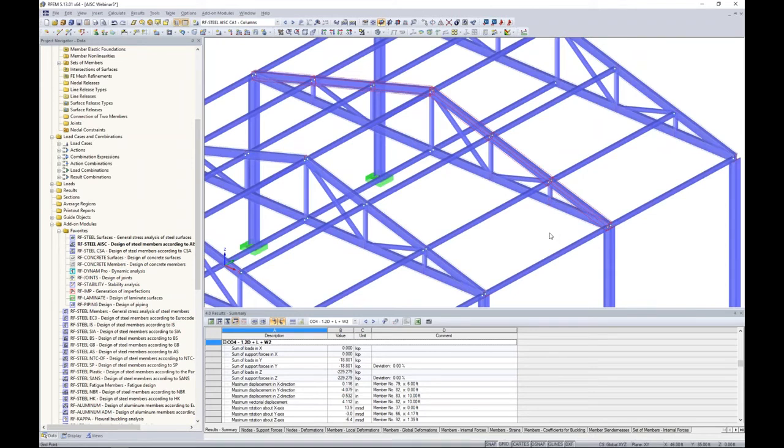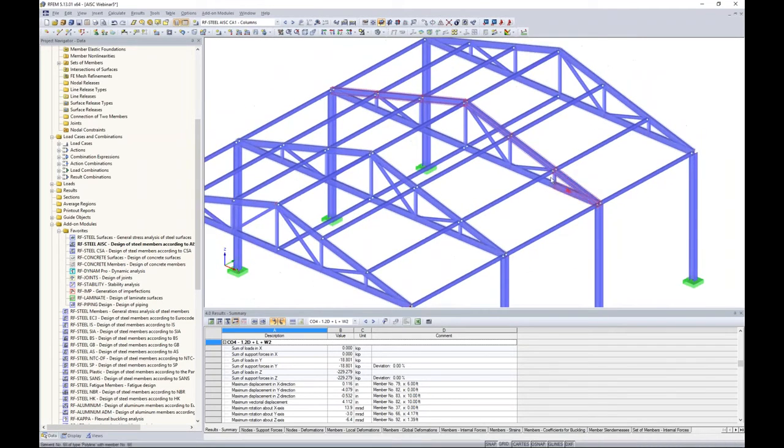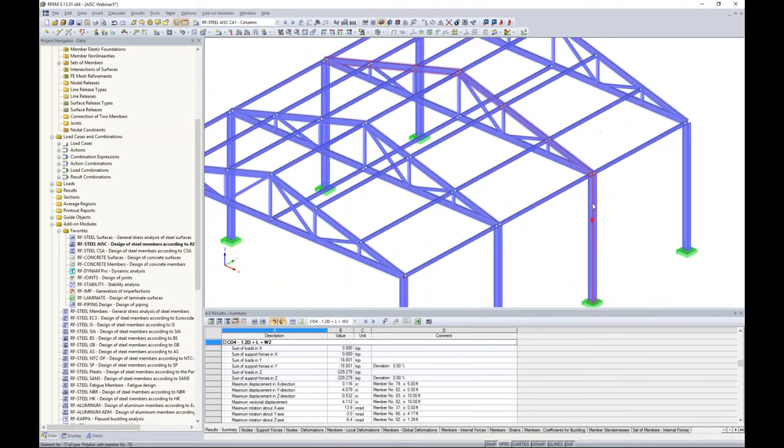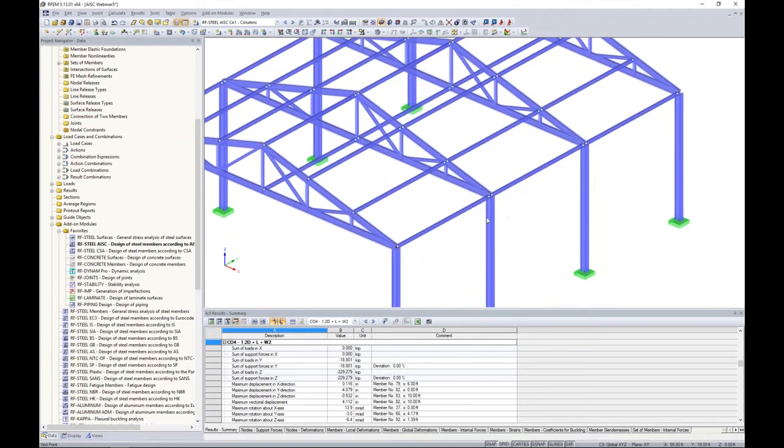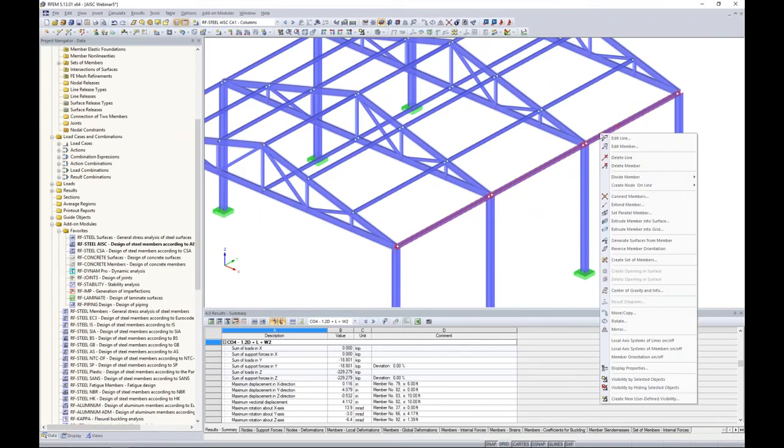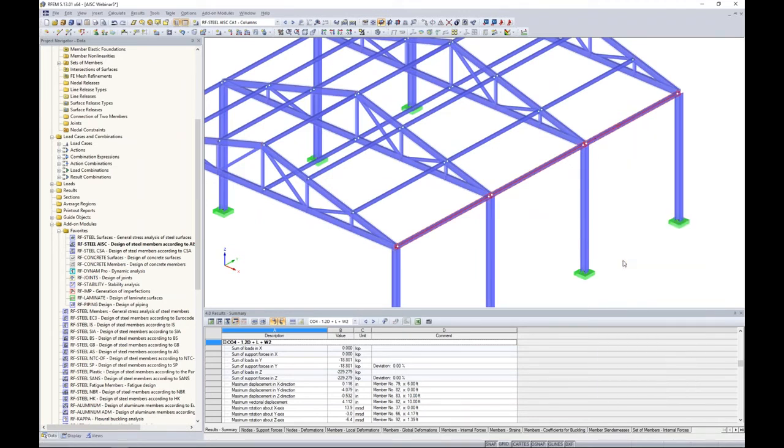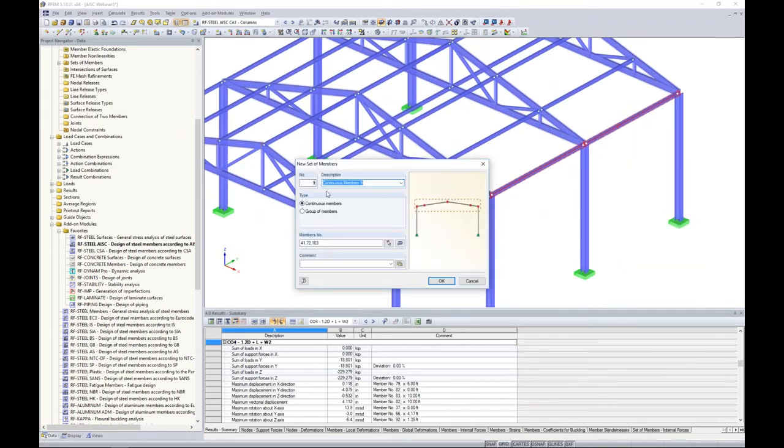Now, what's very powerful about sets of members is it doesn't necessarily have to be in a straight line. It does need to be in a single plane though, but it can have several bends to it. A great example, of course, is this top chord, but we could even design this column, this top chord, and this other column as one continuous member if we wanted to with a set of members. Now, the program automatically did that for us. Just to let you know, you can hold down your control key, select several members, right-click, choose the option Create Set of Members,